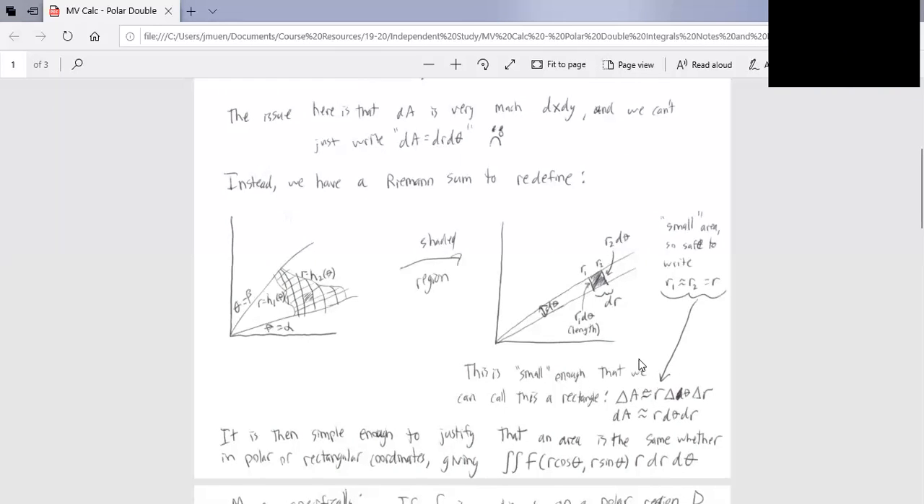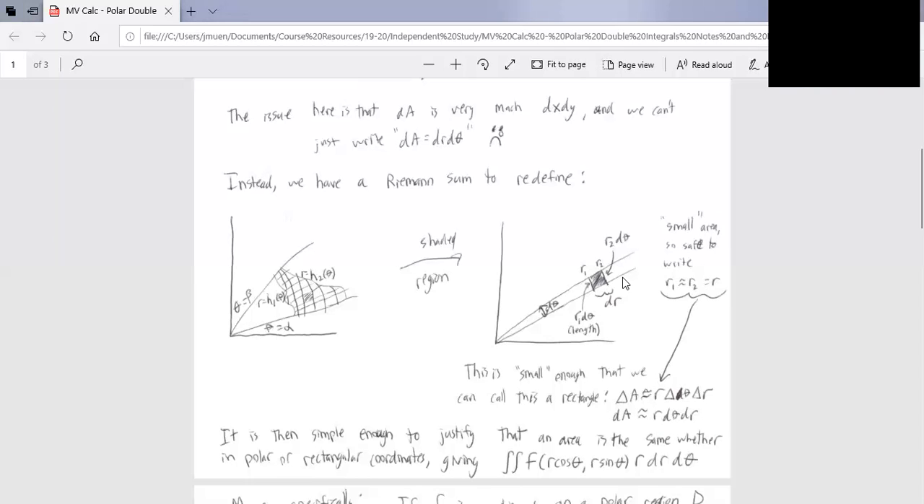This can be defined as my change in area is equal to r d theta, or r delta theta times delta r, or more to the point, dA equals r d theta dr. And here this r is allowable because R1 and R2 are so close together that they're virtually the same value. So we could think of dead center in the middle of this